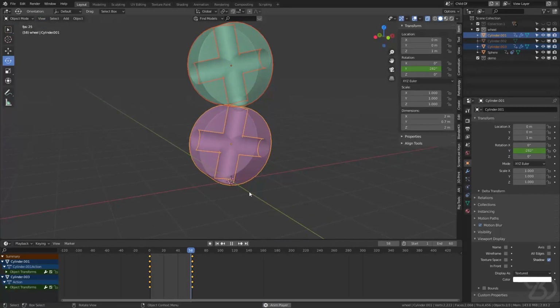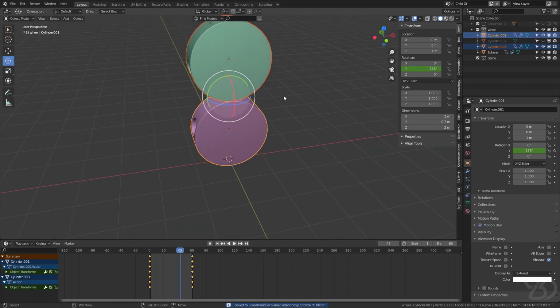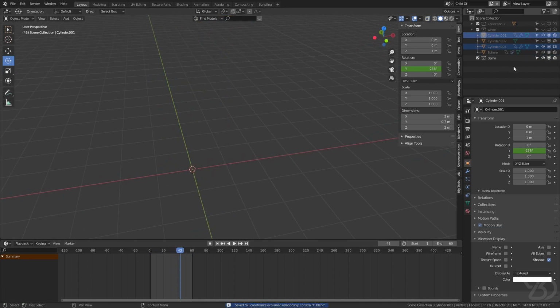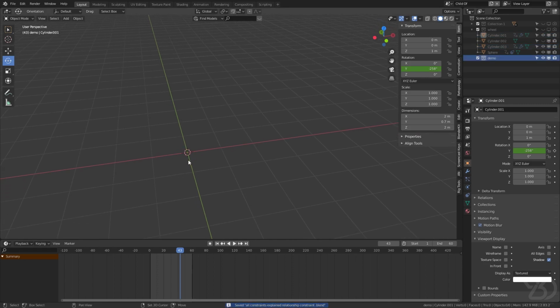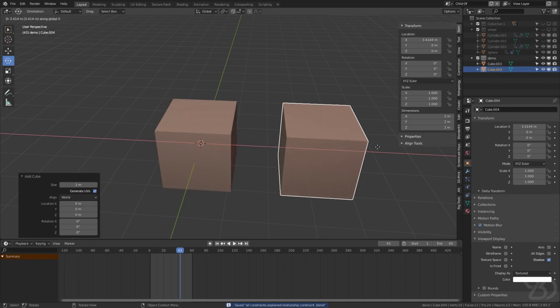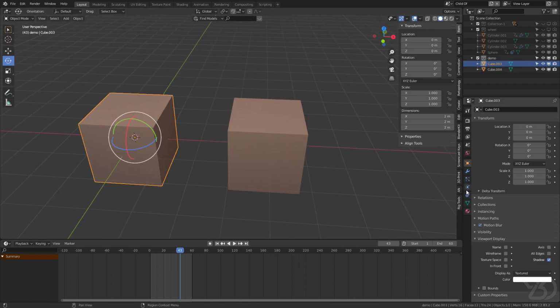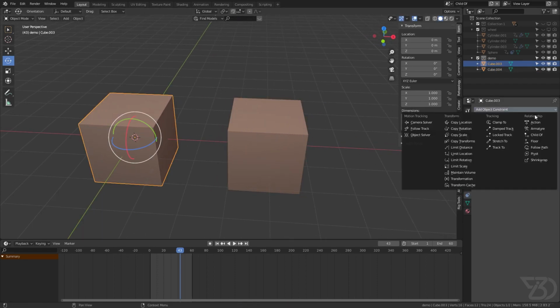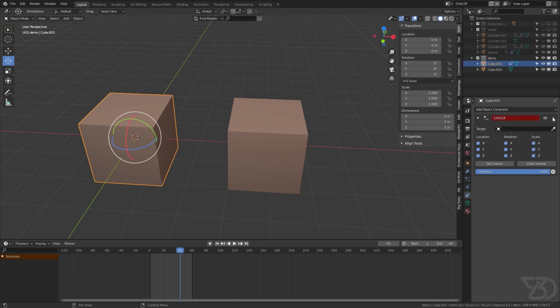And then the child of constraint, let's see, it's the same animation, but instead of using that, I used the child of constraint, which is exactly the same thing. But what we have extra in the child of constraint is that we have a few values, like, and child of constraint also works with the object, but this armature constraint only works with the armature as it says. So I'm not sure if it will work with the object as well. No, it will not. So this one works with the object as well.